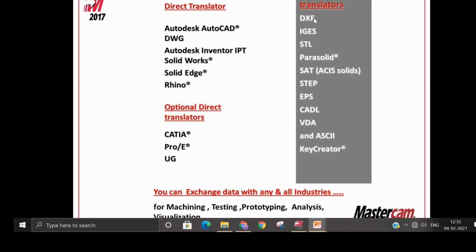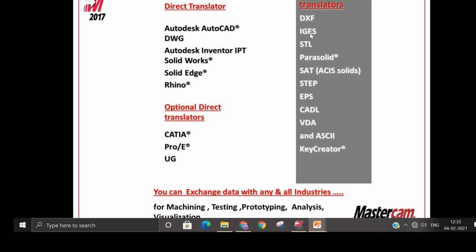This DXF file: in case some software has a 2D drawing, you convert that file into DXF format, and you can very well bring it inside Mastercam. For wireframe geometry, you can use the DXF file.